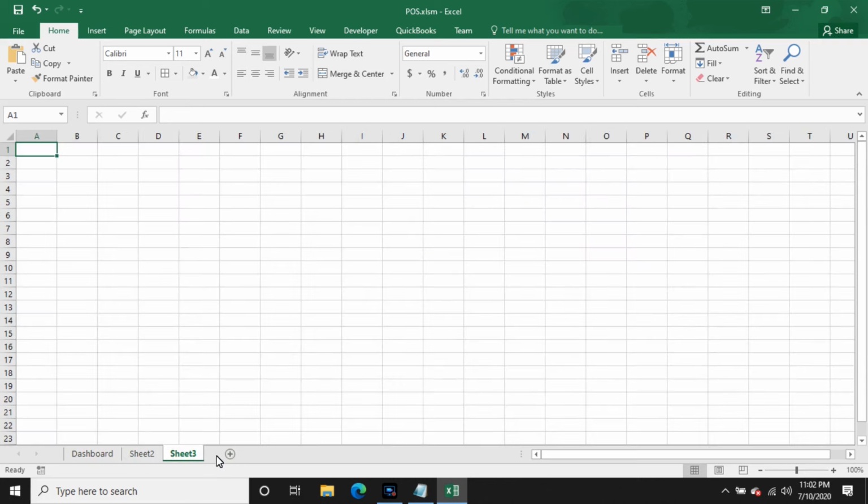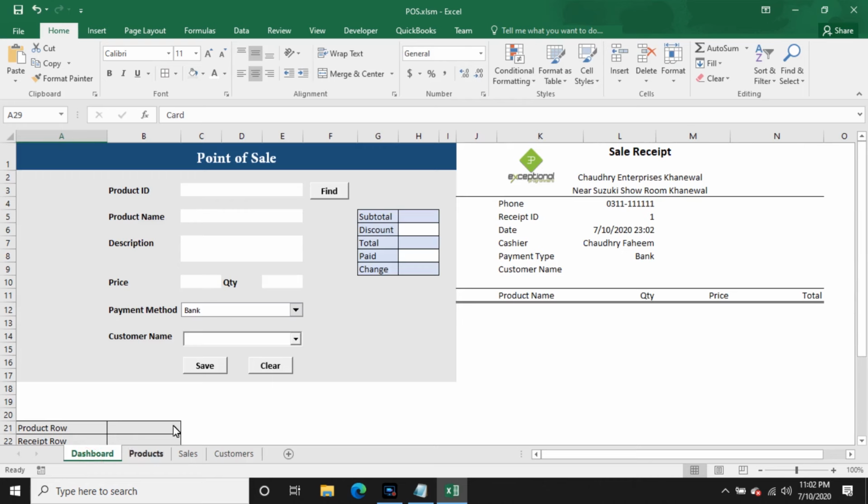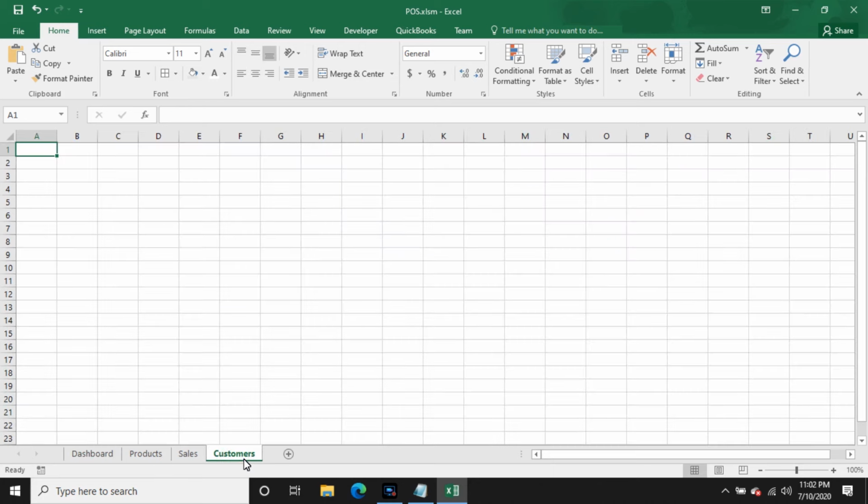After that, add sheets, so products, sales, and for customers. So products, sales, and for customers, like that. And next one is for customers,